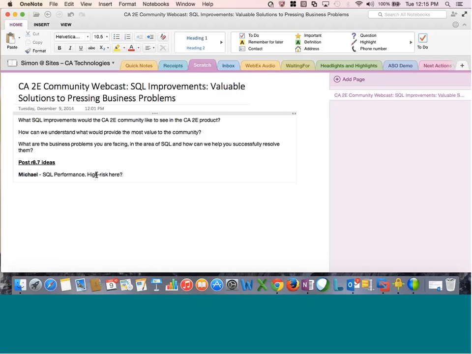Okay. All right, let me hear from the rest of the folks. So Michael's raised the question that as you move from DDS to SQL, simply the fact of regenerating, you might end up with a database, and therefore an application, that performs more slowly than the DDS version. Is that what you're saying? Yes, so